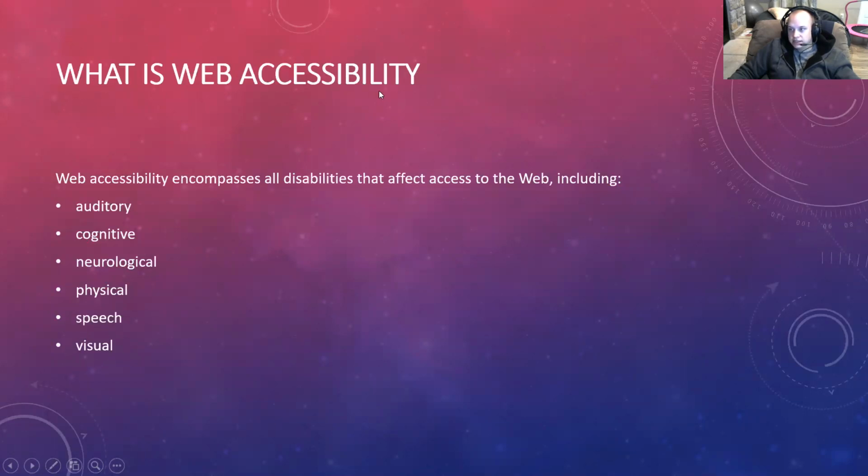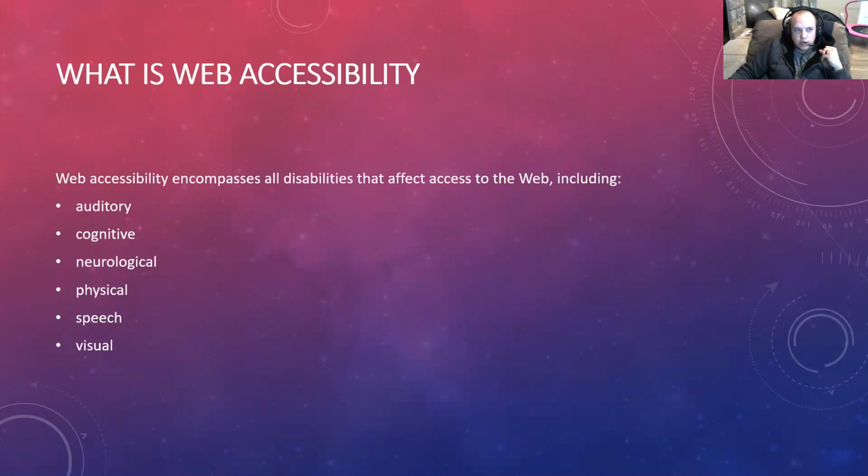So what web accessibility is, is enabling all of these people that have these disabilities to be able to access the content on your website. So if you had a video, it would be adding captions to the video. If you had a cognitive person that needs to digest information on a website, it is to make everything easily accessible to them and designed